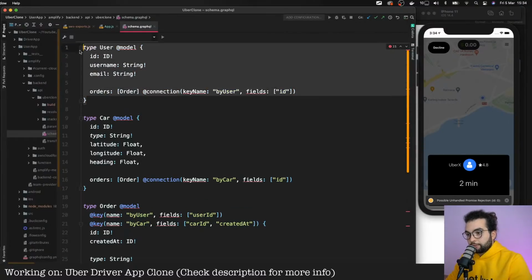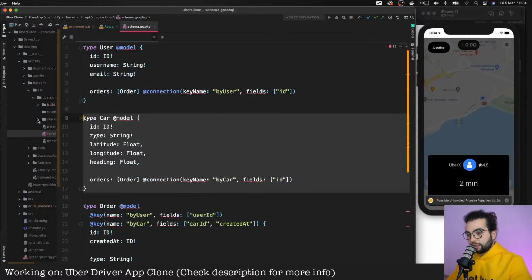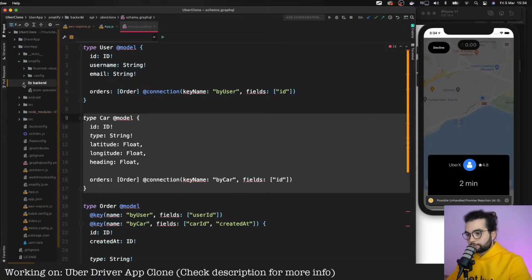All the information about the user will live in a separate table with his email, ID and so on. And all the information about his car, things like the position of a car, the orders of a car, and the availability of a car, will live in this model.